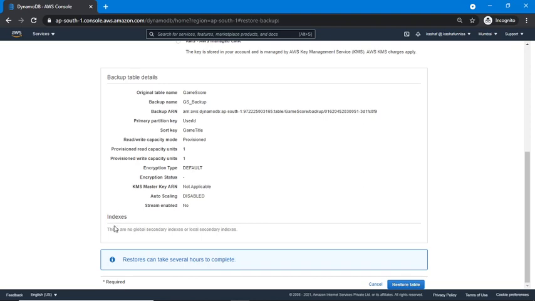If you have indexes, they will display here; as I'm not having any GSI or LSI, it shows there are no global or local secondary indexes. You can see restores can take several hours to complete. Actually, a backup is a very fast process, but a restore takes some time. Okay, now I'm going to click on the restore table button.